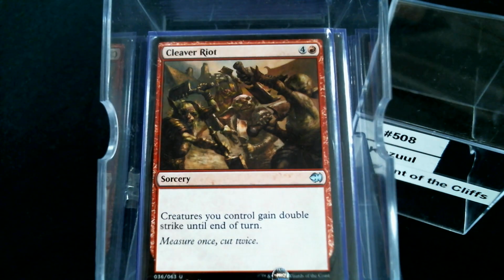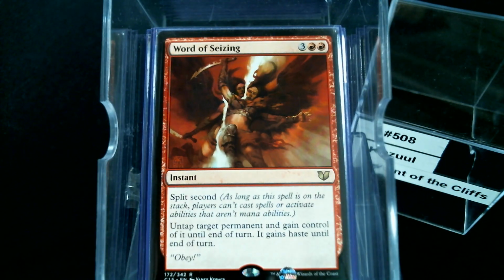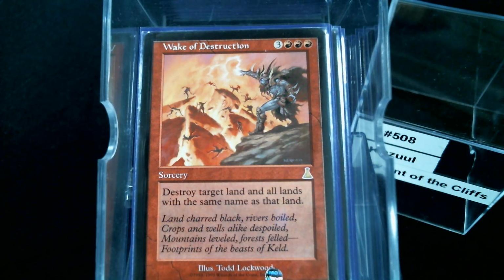Cleaver Riot, because that's a total ogre thing, you know. Everybody having double strike. Relentless Assault, another combat step. Word of Seasoning. Shatterstorm, blowing up all the things that are rocks. Wake of Destruction. Now this is a card